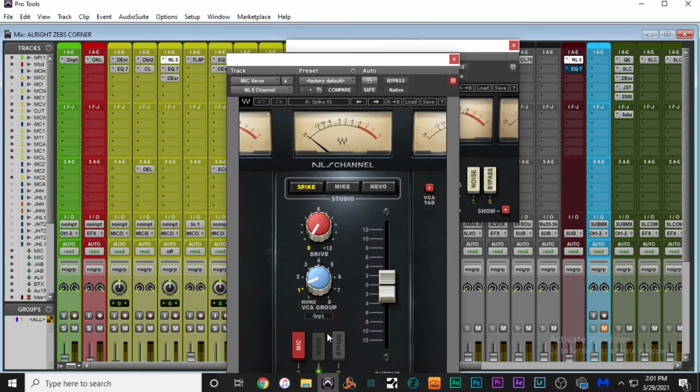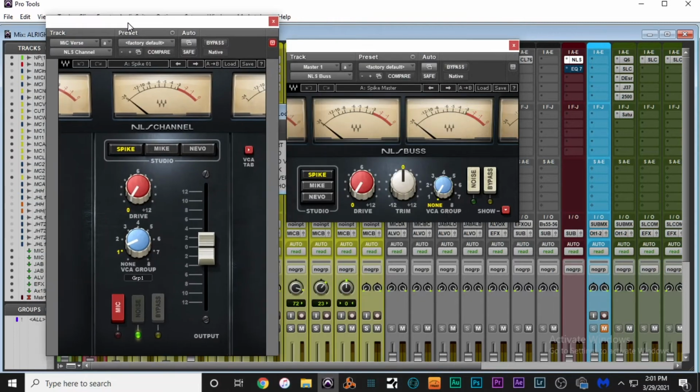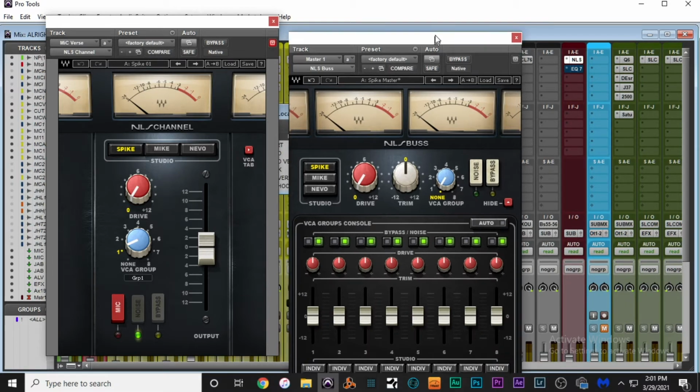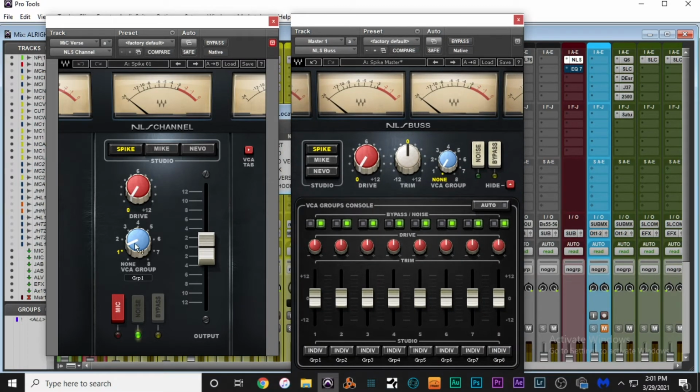And it looks a little bit something like this. Now, what you get with this is these two can work in conjunction with each other. So let's open this a little bit more. All right, and when you open this, these different VCA groups are here at the bottom on the